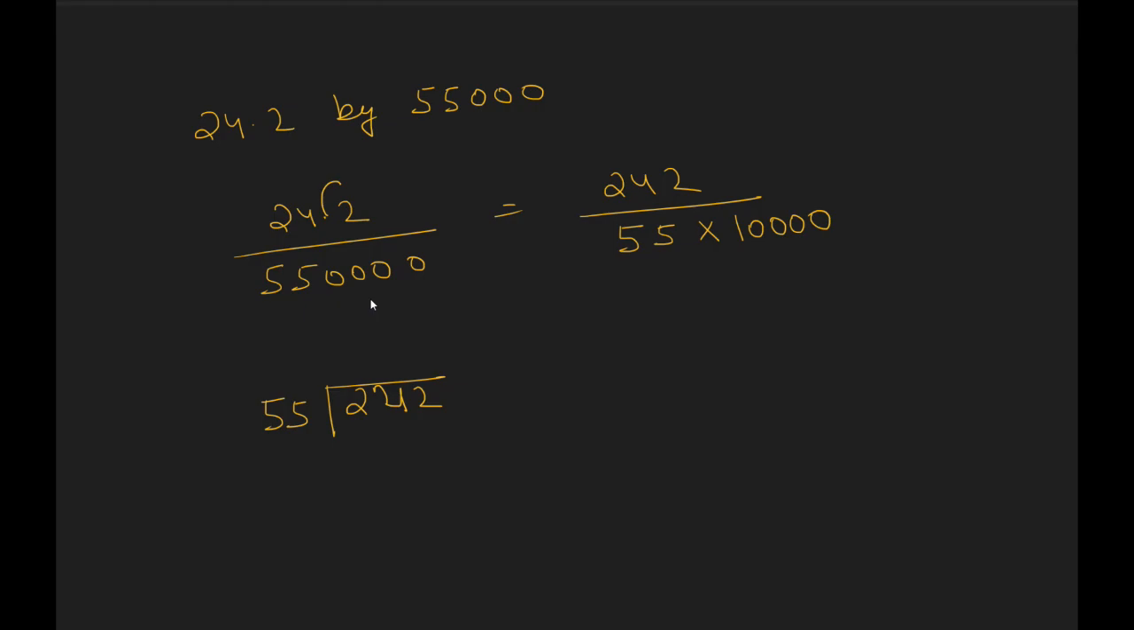55. When you divide this by 4 times, you will get 220. You will be left with 20. So point, you get 22. You put the point here. You get one more zero here. 4s are 220. This becomes 0. So 4.4